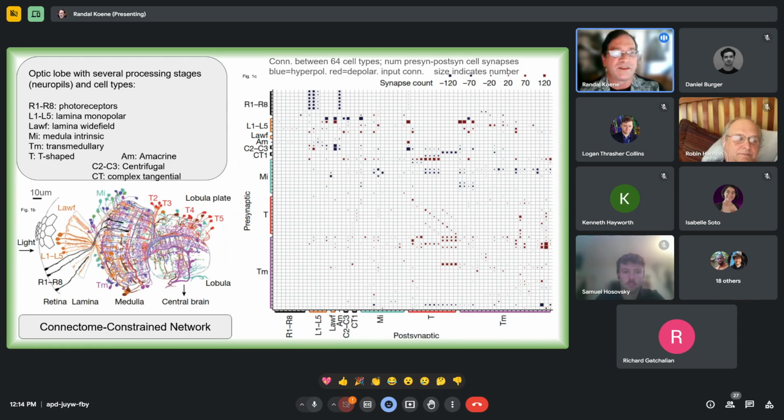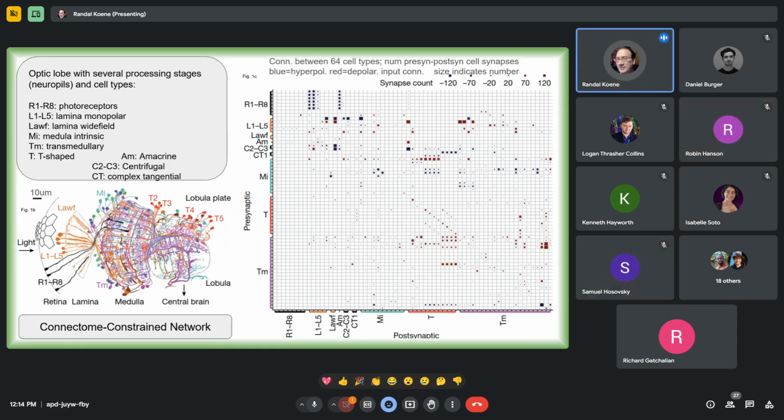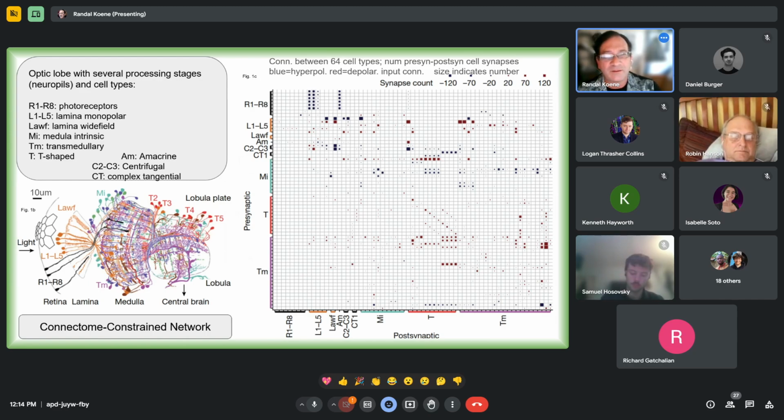Now, this so-called deep mechanistic network, DMN, has an architecture that's based on a number of connectome measurements that are shown in Figure 1. We can focus on this first before we start addressing the assignment of cellular and synaptic dynamics. Figure 1b, down below here, I don't know if you can see my cursor, but I'm trying to point at it right now. This is the architecture, or a schematic of the architecture, of the optic lobe, and its processing stages and cell types.